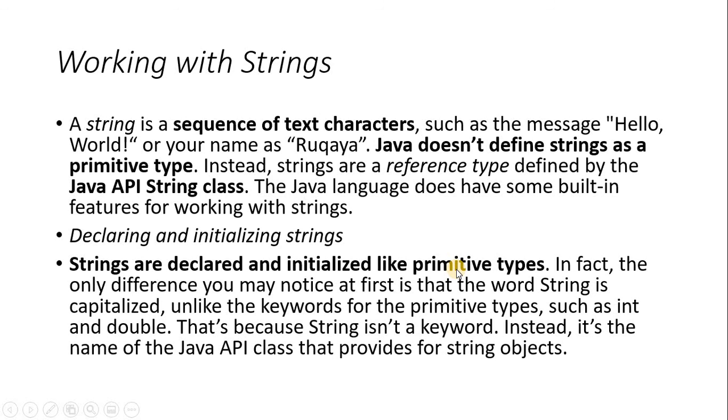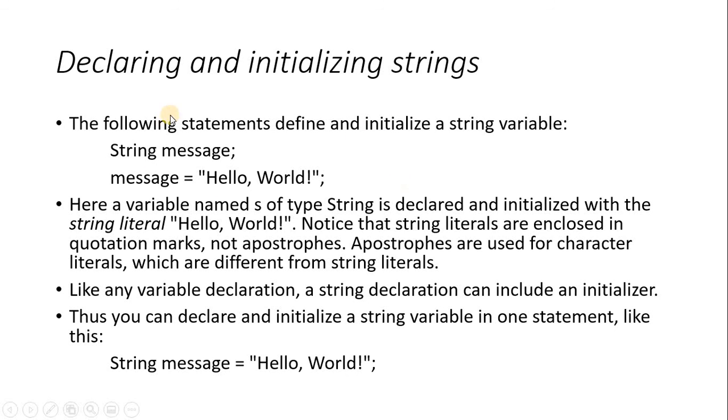So we can assign a value. How are we going to assign a value? So how to declare and assign a variable with the string? String, then any variable name, and in the variable we can assign any sequence of characters, but it should be within double quotation marks, ending with a semicolon. So this is the way that we work with it, the same way as a primitive data type, but it is not a primitive data type. Remember, this is a class.